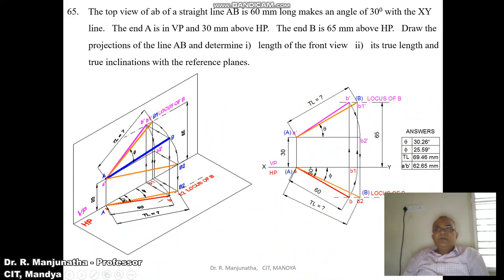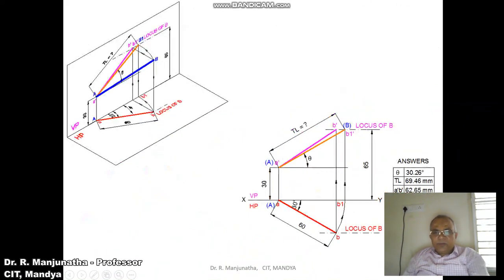So here, when you look from the front view, with A dash as center, taking the radius of A dash B dash, rotate it and make it parallel to HP. So that means A dash is above HP by 30 mm, and B2 dash should also be above HP by 30 mm. Then the line is parallel to HP. That means A dash B2 dash is the line which is parallel to HP. And when you project this into the locus of B, you are going to get the top view point of the true length. So you are going to get A B2. So this is how we can analyze it in 3 dimensions. Now we are going to see it step by step.